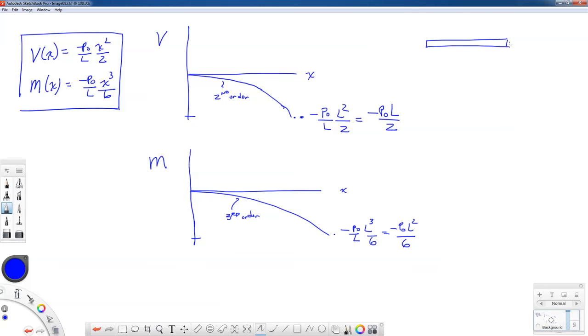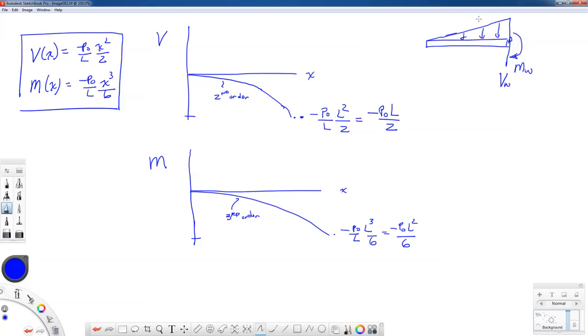Okay, so it's a cantilevered beam, and let's draw the external reaction this way. Call that MW, and let's draw the force reaction going up this way. Let's call that VW for the moment reaction at the wall and the shear force reaction at the wall. Now I have this triangular distributed load,